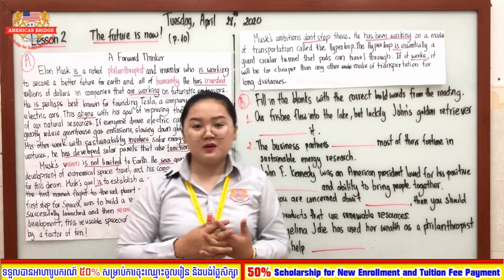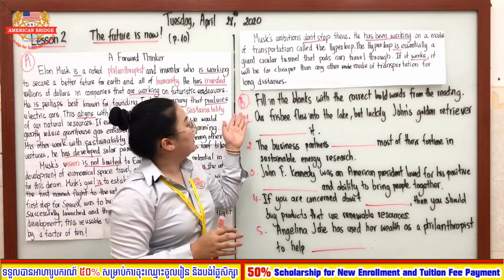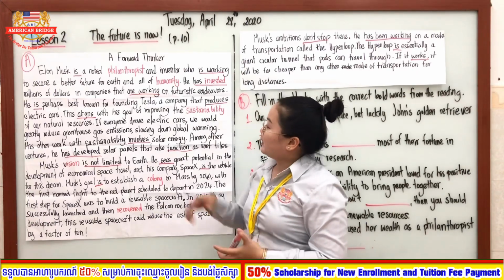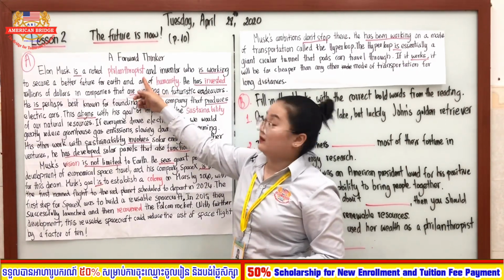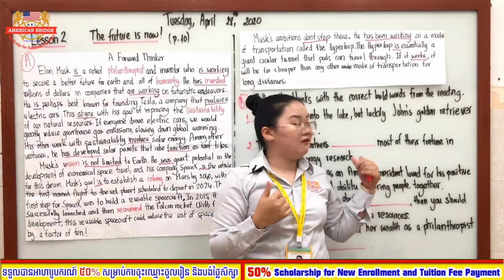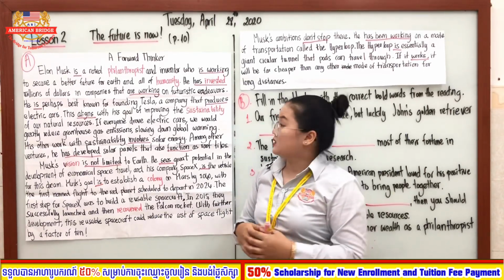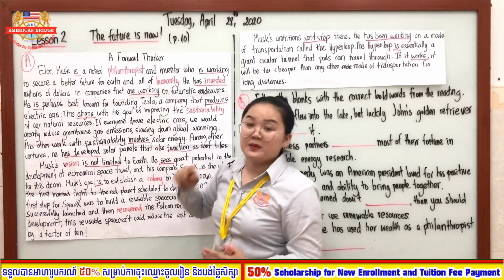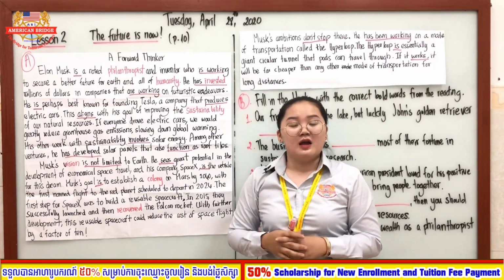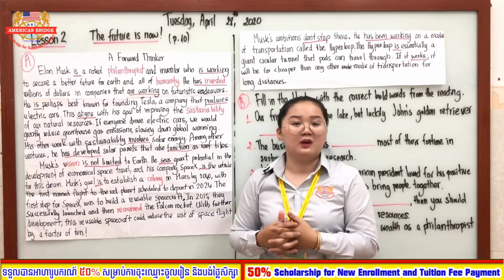Okay, so right now let's move to our next activity, which is to fill in the blank with the correct bold words from the reading. So here the correct bold words I wrote down in red, like you can see here. Before we complete our exercise, I would like to give you the definition of each word first. The first word is philanthropist. So what does philanthropist mean? A philanthropist means a person who is very wealthy, and that person likes to help the poor people in